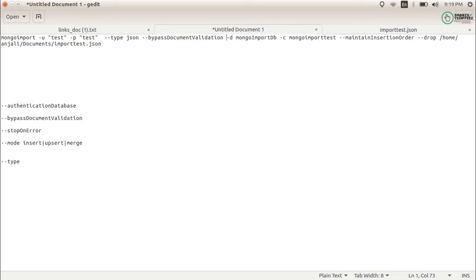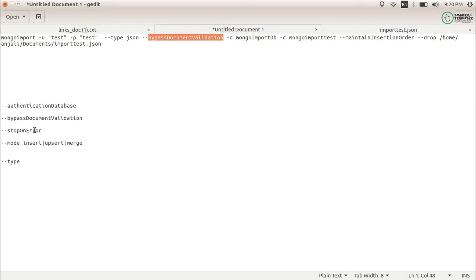So there are certain validations which you provide in your SQL database. That same thing can be applied in a MongoDB collection. So if the collection has document validation and you want to bypass it for this Mongo import, you may use bypass document validation.